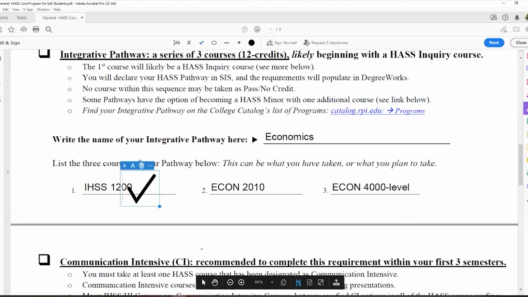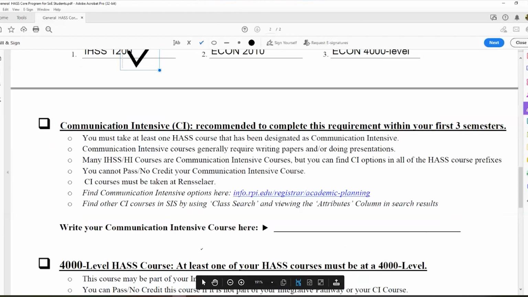All right, so that's the pathway. The next requirement that we want to talk about is our communication intensive requirement. The communication intensive requirement is something that should be completed within the first 3 semesters, as you can see here. The reason why it is recommended to complete in the first 3 semesters is actually because of